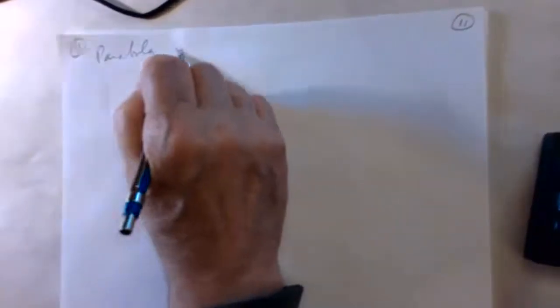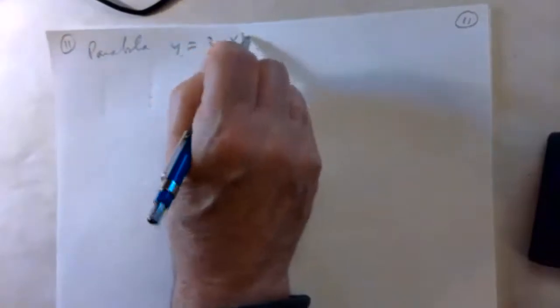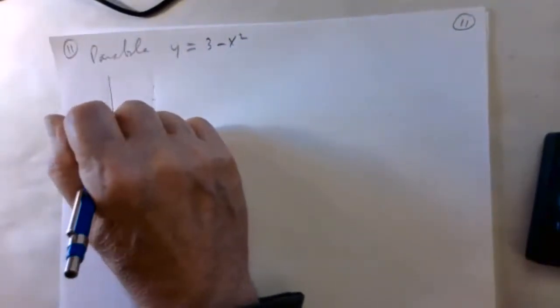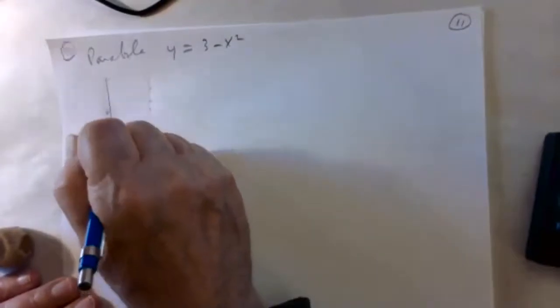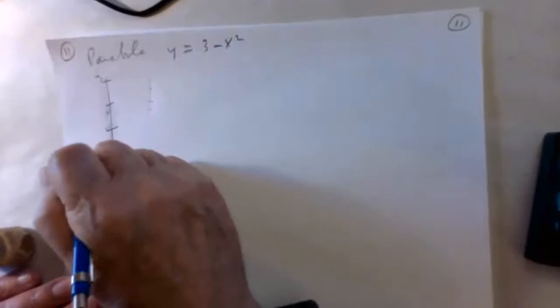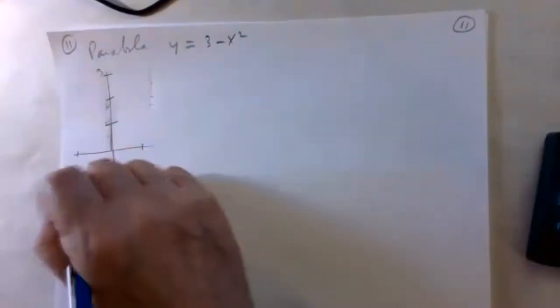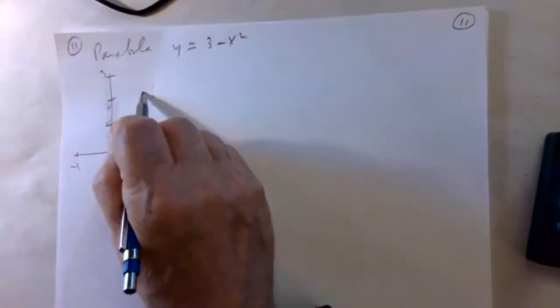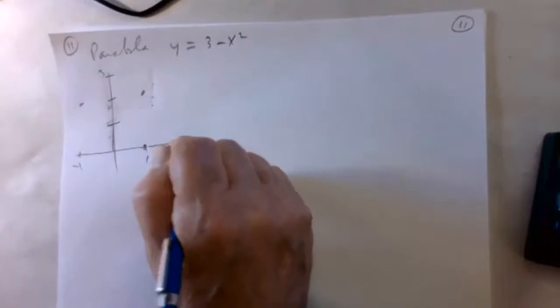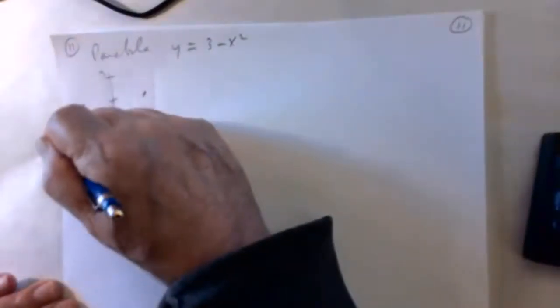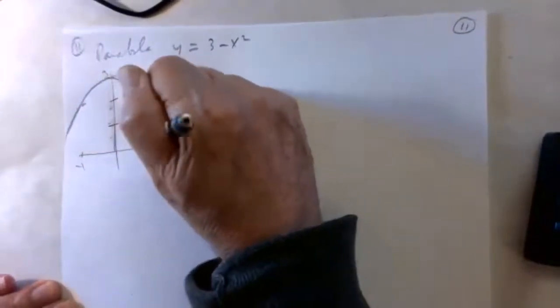Okay. Number 11, find the points on the graph closest to the point 0, 1. So we have the parabola y equals 3 minus x squared. So that parabola has its vertex, let me draw it a little bit bigger, has its vertex at 3. When x is 1, it takes on the value 2. And when x is minus 1, it takes on the value 2. And it's equal to 0 at the square root of 3, which is about 1.7. So